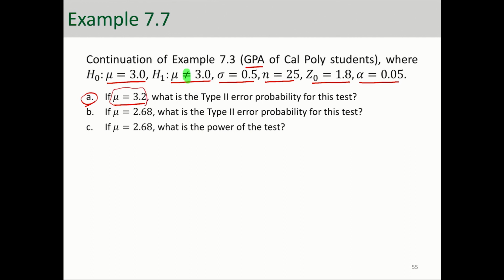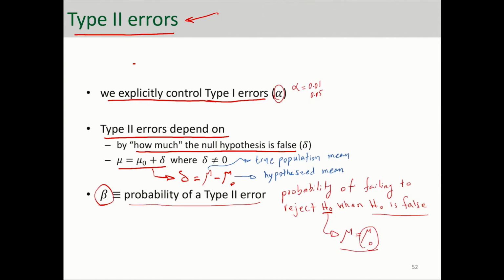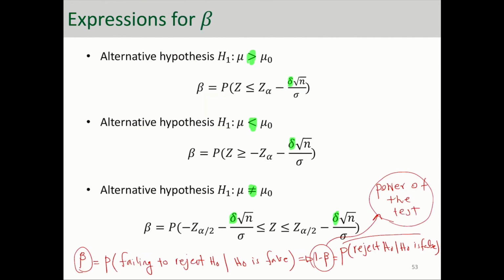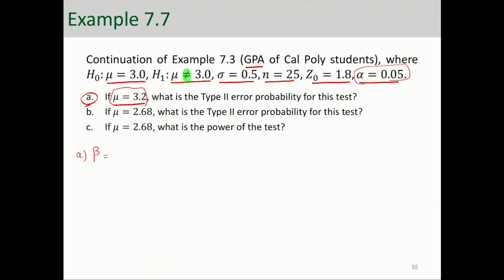That means that if the true average GPA of the university, if the true population mean is 3.2, going back to here, 3.2 is this mu. If the true population mean is 3.2, what is the type 2 error probability for this test? Well, first of all, this is a two-sided test. So going back here, this is how we calculate beta, right? Beta is equal to